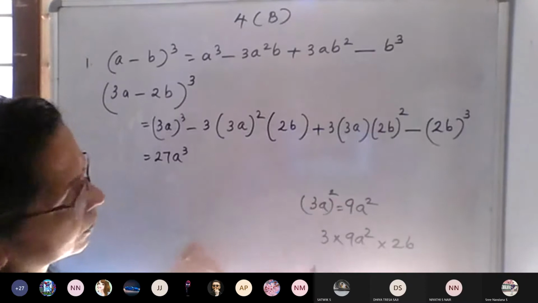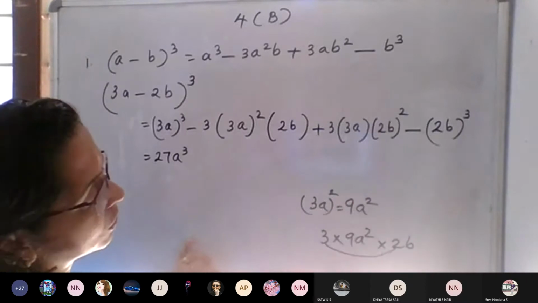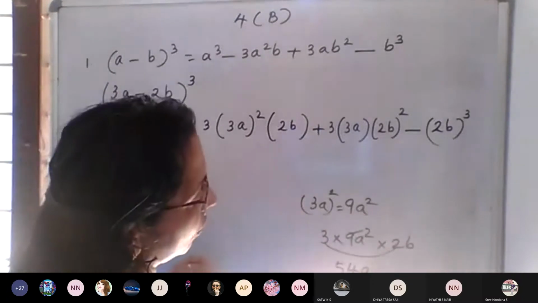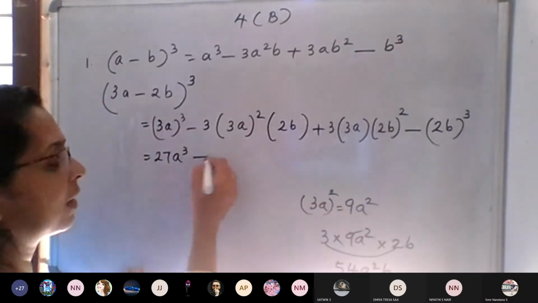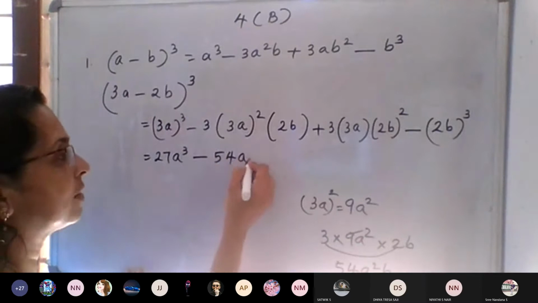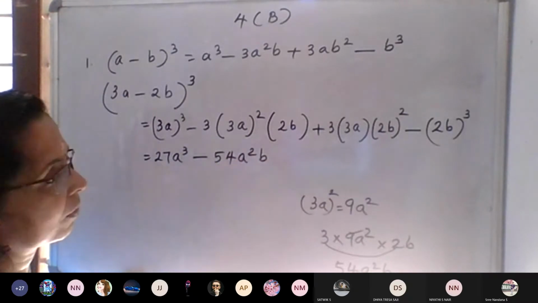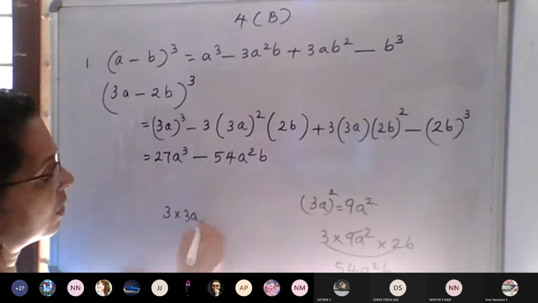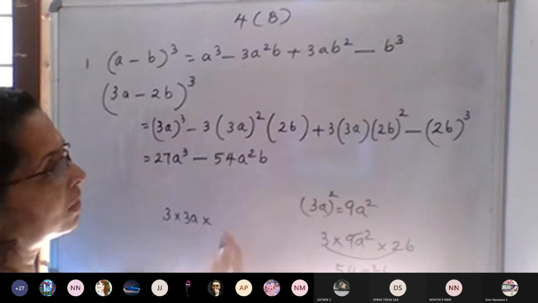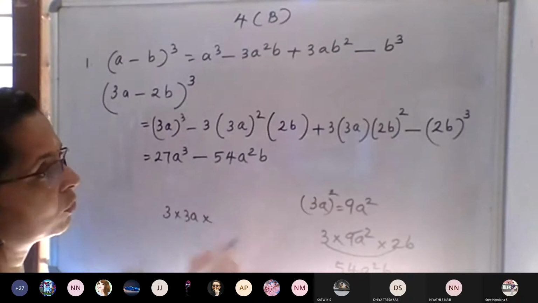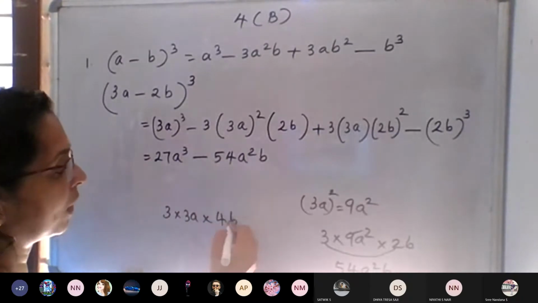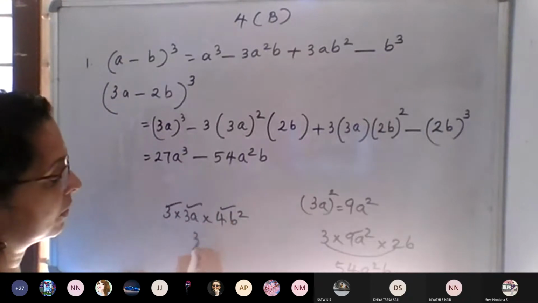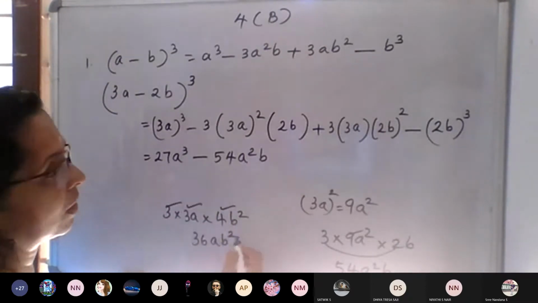So what will be? 3 into 2, 6. 6 into 9, 54a square b. So this we can write as negative 54a square b. Then the same way, 3 into 3a into (2b) whole square means 2 square b square. 2 square is 4, 4b square. So 3 into 3 is 9, 9 fours are 36ab square, plus